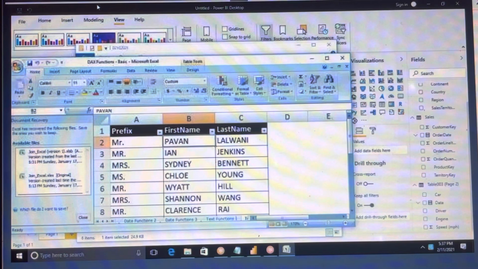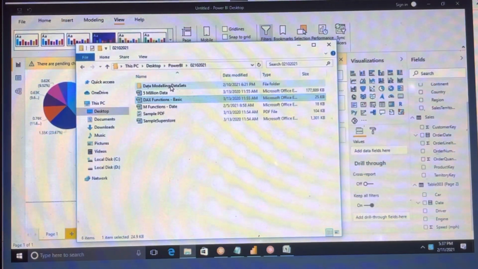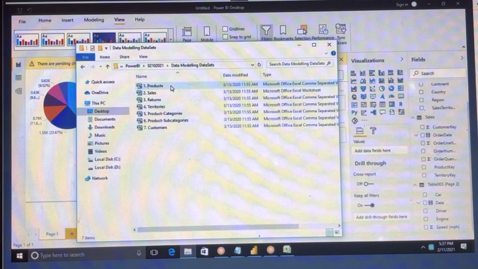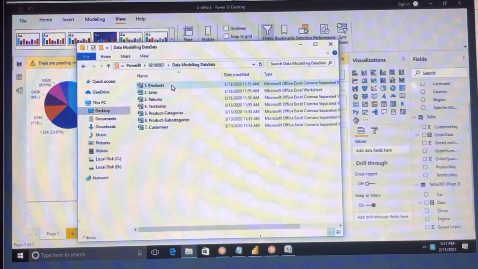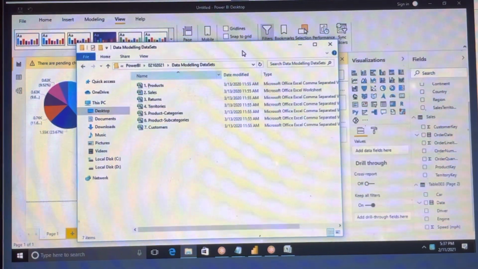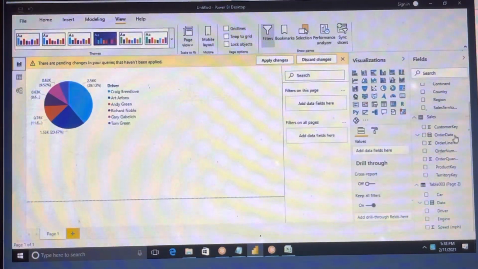We have some data. One second. I have to find what the file is. Yeah. So here, for example, we have all this table information, right?